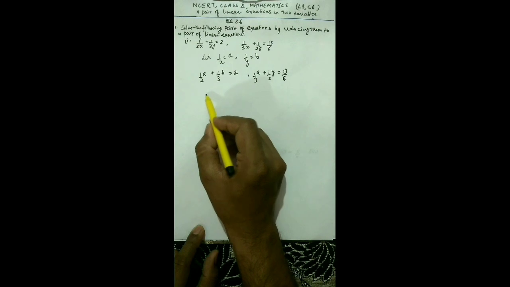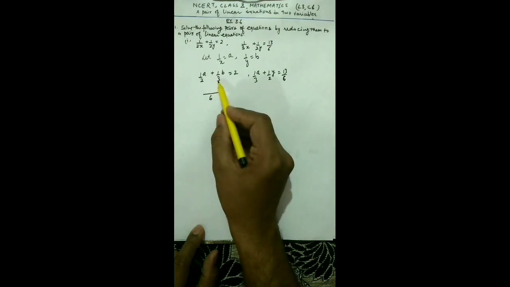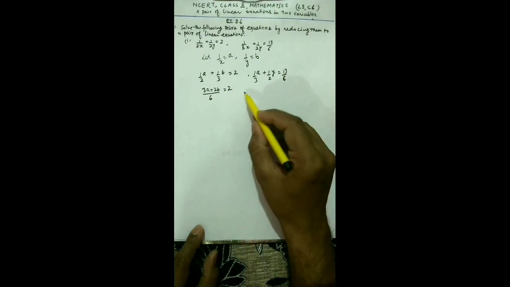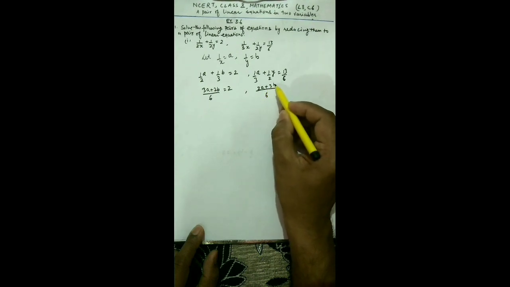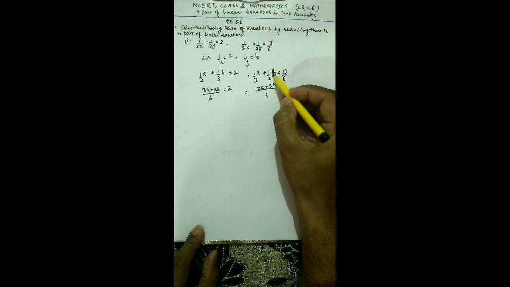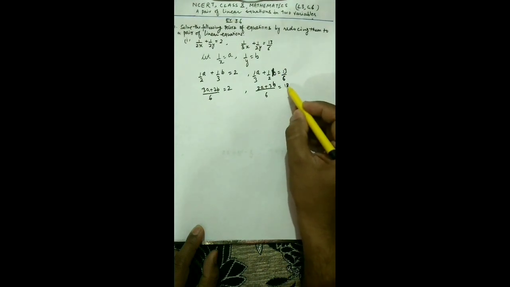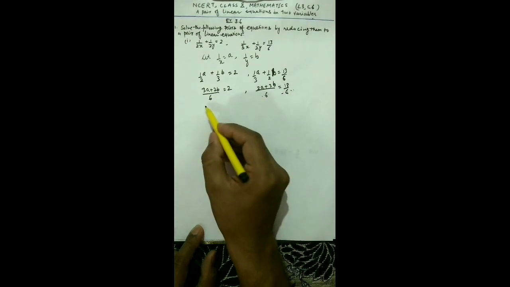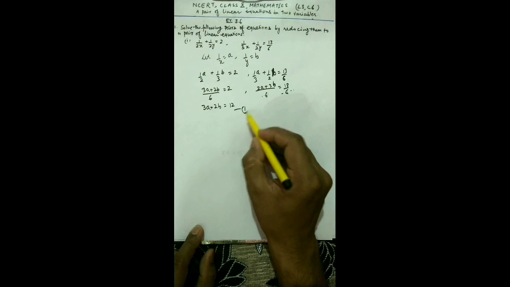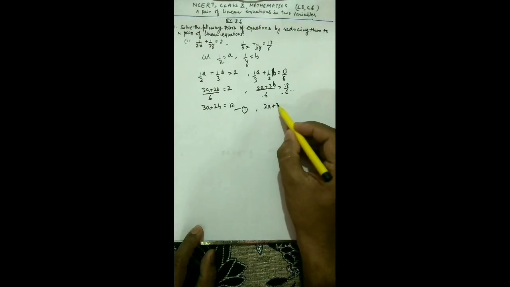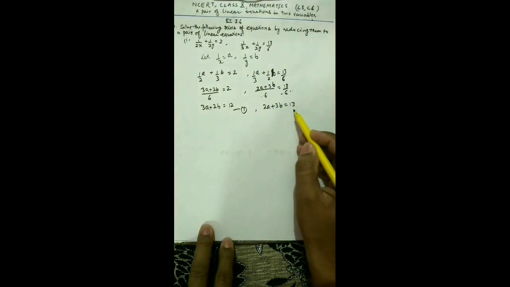and write in the simplest form. So you take LCM here, so LCM will be 6, so it becomes 3a plus 2b equal to 2, and if you take LCM here then it becomes again 6, this is 2a plus 3b equal to 13 by 6. So this 6 will get cancelled, and here you can do the cross multiplication, so you'll get 3a plus 2b equal to 12. So now you mark this equation as 1, and this 2a plus 3b will become equal to 13, so mark this equation number 2.